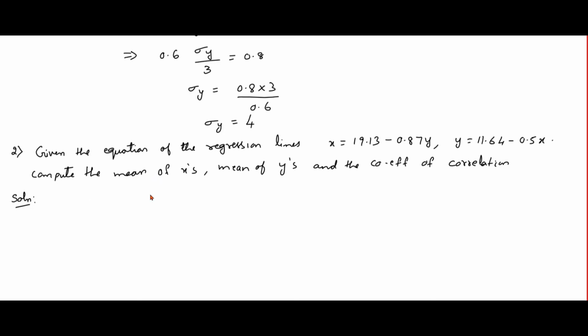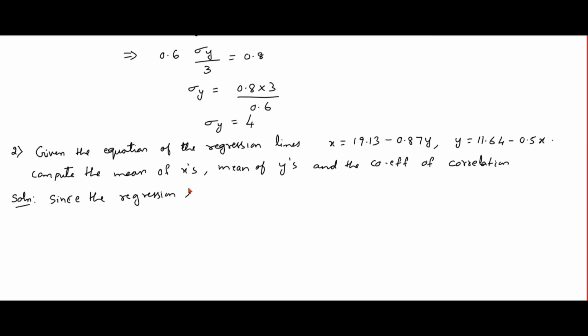Exactly the same problem. The only difference is that here there is no need to calculate sigma y or sigma x, compared to the previous example, where sigma x was given and we needed to find sigma y. Here we just need to find x bar, y bar and the coefficient of correlation, following exactly the same procedure as in the previous example. Since the lines of regression will pass through x bar and y bar,